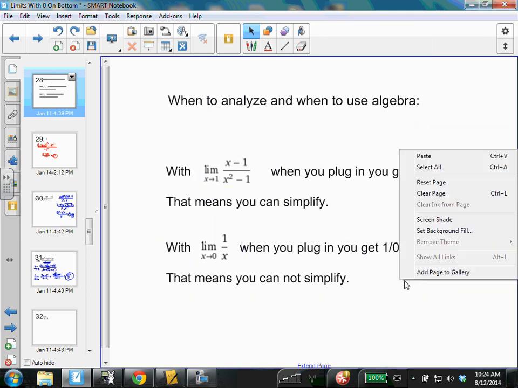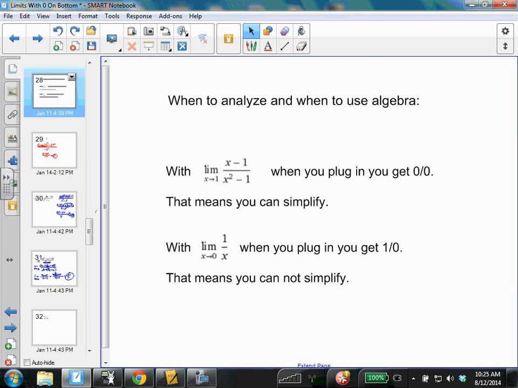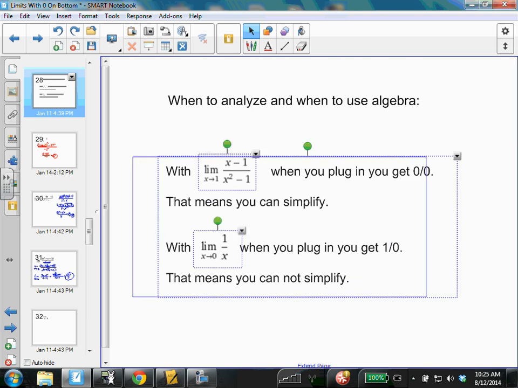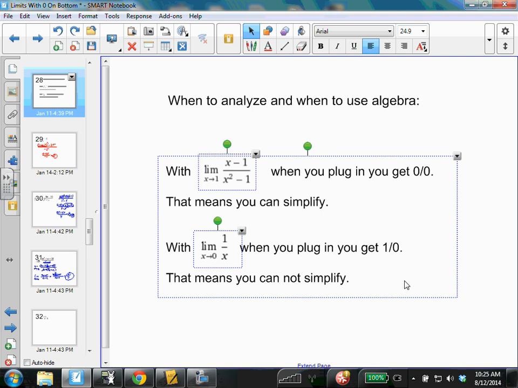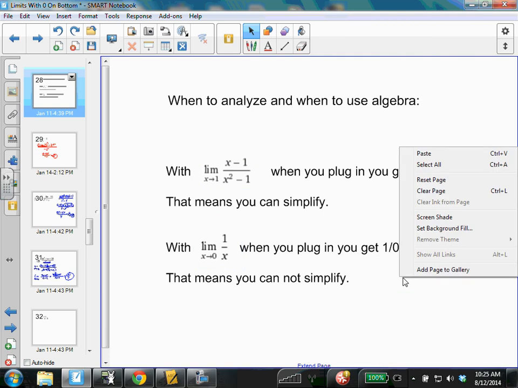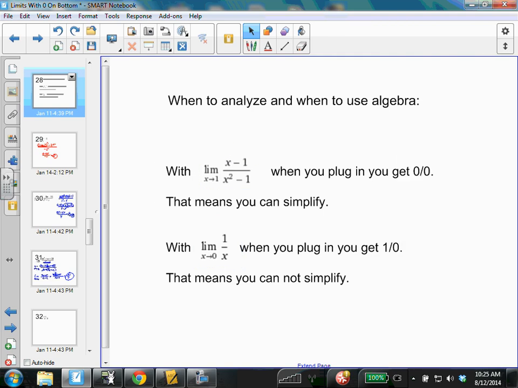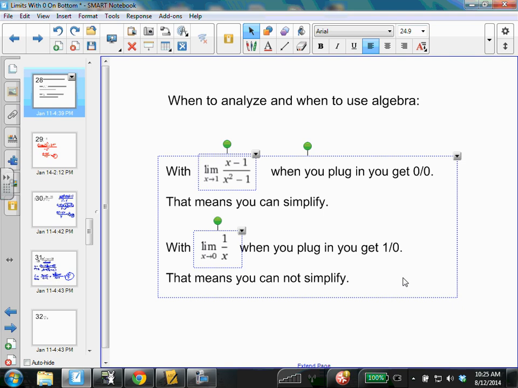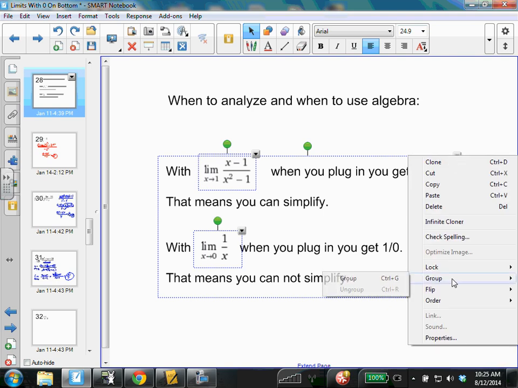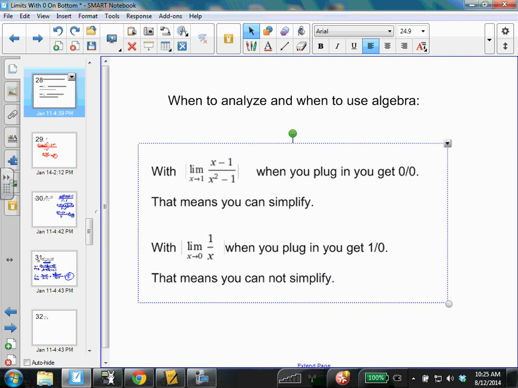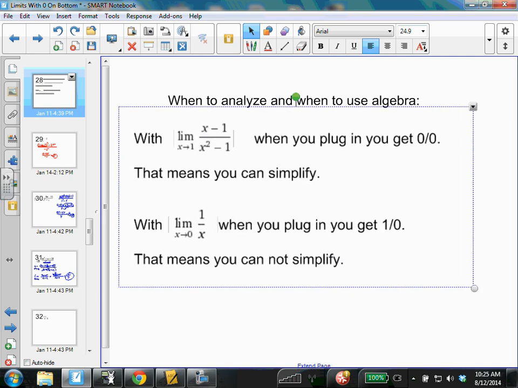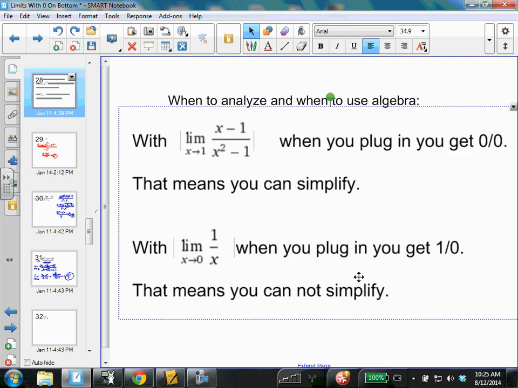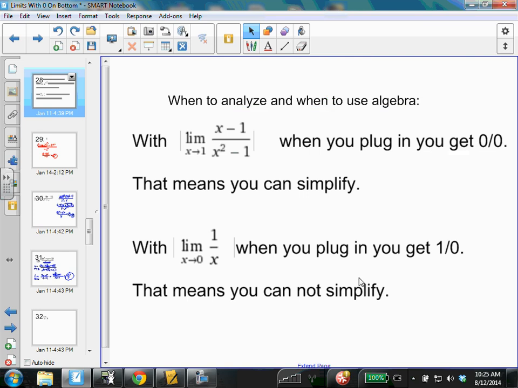Let me make this a little bigger for some of you in the back. Here we go. One more try. Okay, so the difference between when you should analyze and when you should use algebra. If you look at this first,